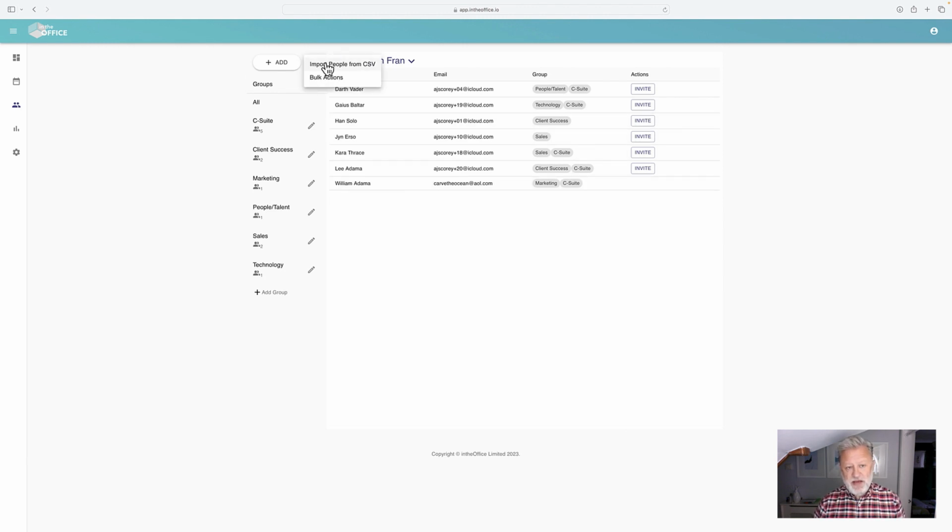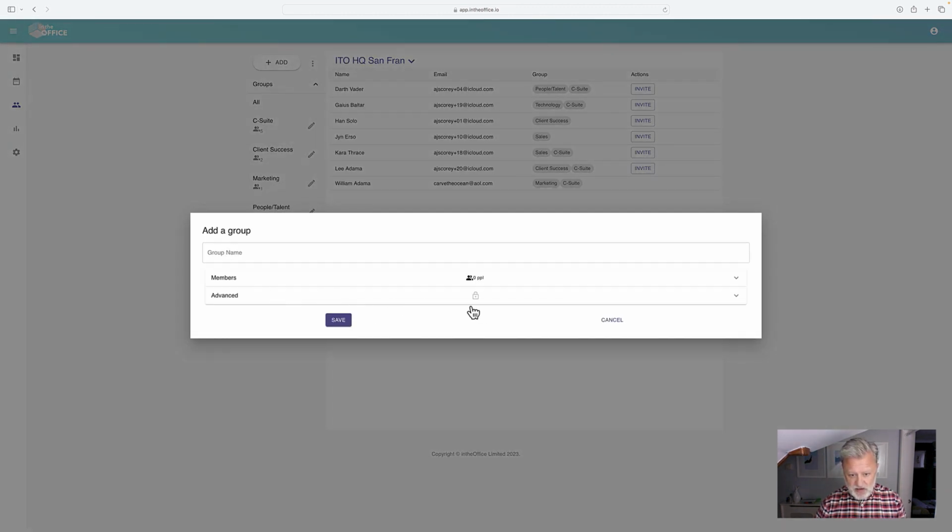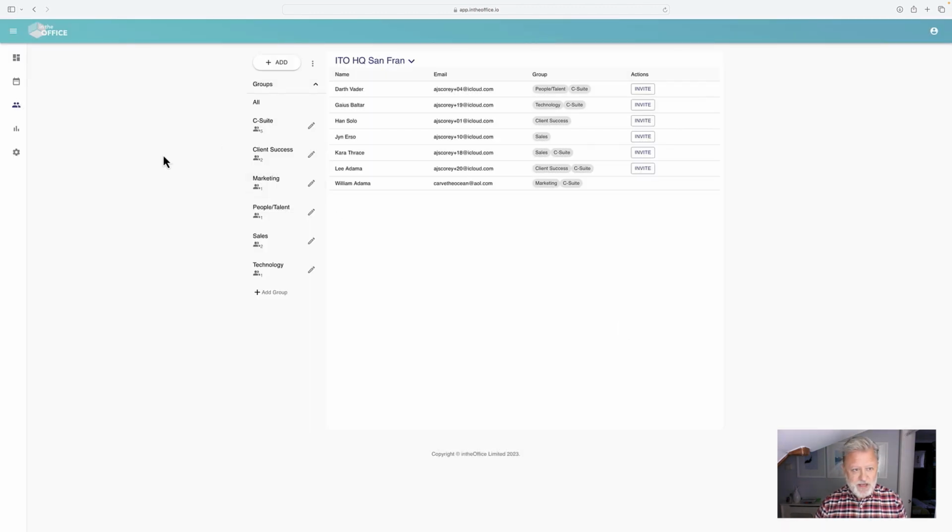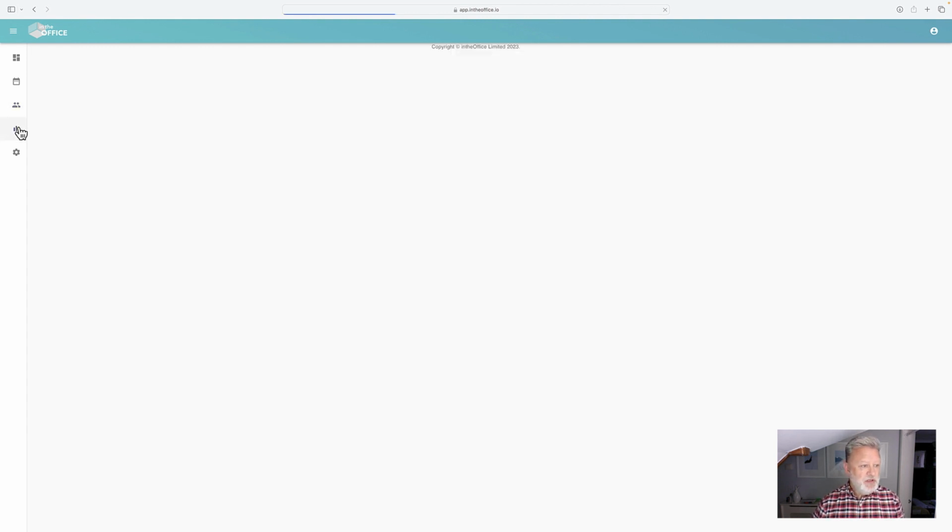Here you have the ability to have bulk action, so import people. If you've got a lot of people that work in the office, you can do that here. You can also, if you want to, this is where you would add the group. So you click on here and you create a group name, and then you can add that to this particular office, and you can do that office by office. Next, we will go to the